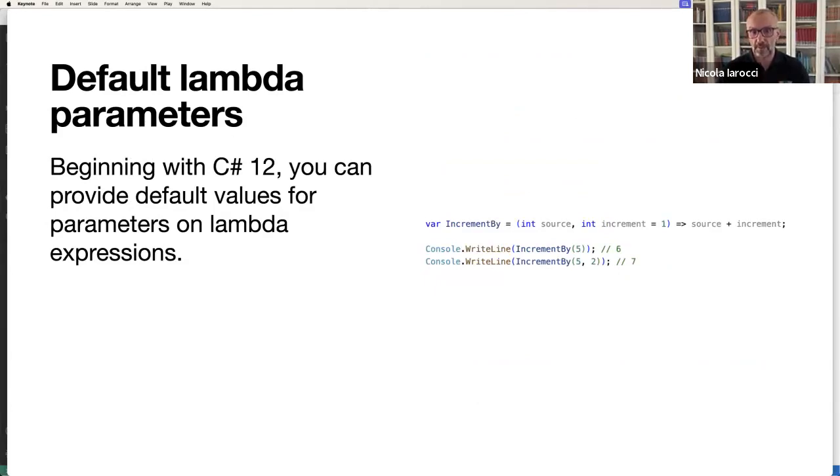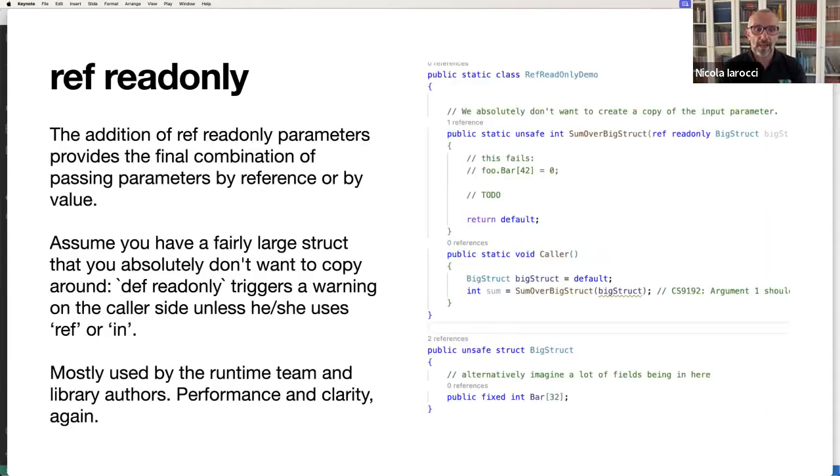Small change, but an important one. Until today, we could not have optional arguments in our lambdas. Now we can. Increment here is optional. We'll assume the default value of 1, if not specified, like in this first line here. This would raise a syntax error in previous releases. Now we can have default values or optional parameters in lambdas. Nice to have, I would say. Now we're entering the